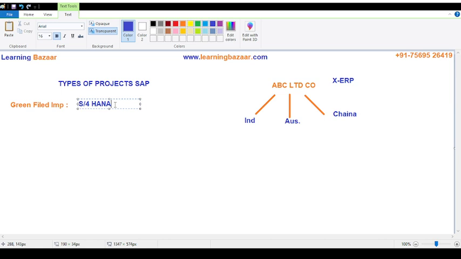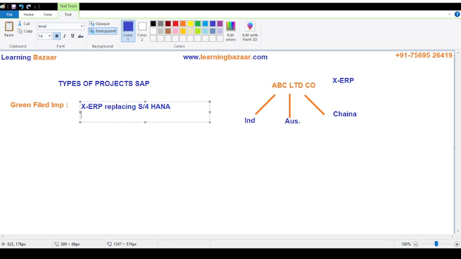If the company is installing S4 HANA by replacing the existing X ERP,